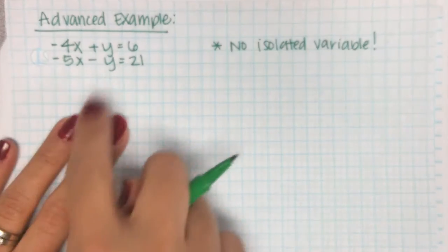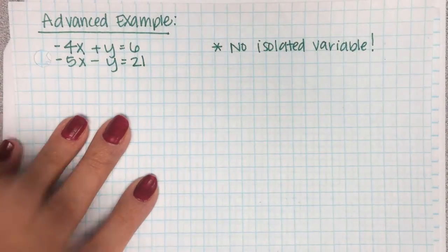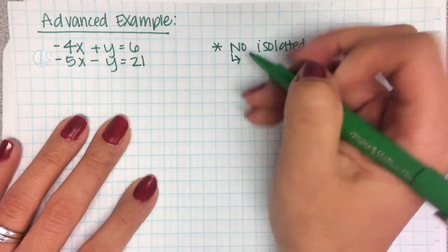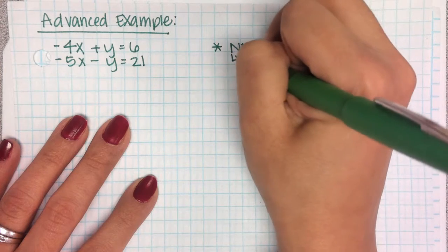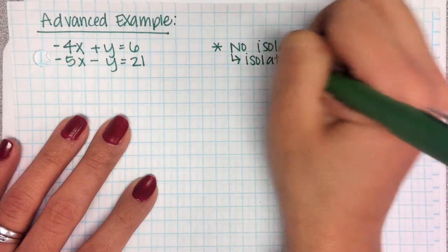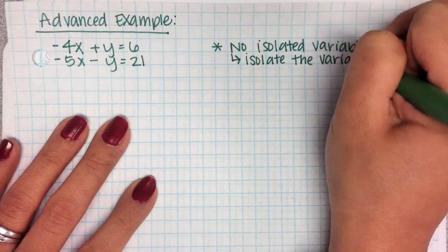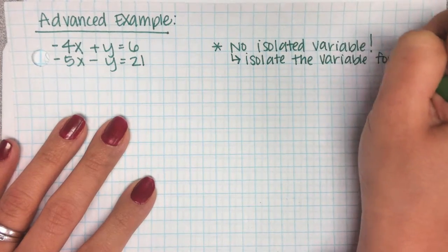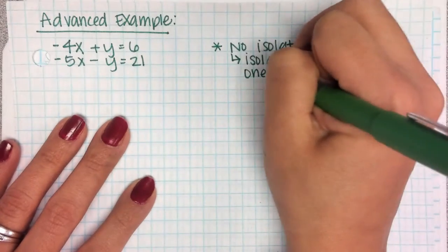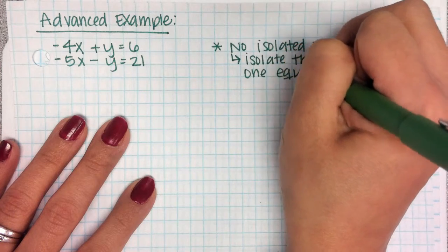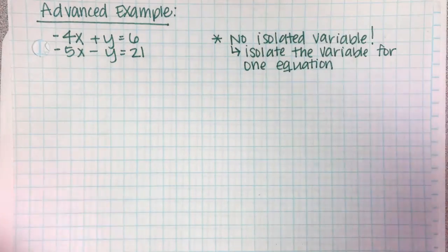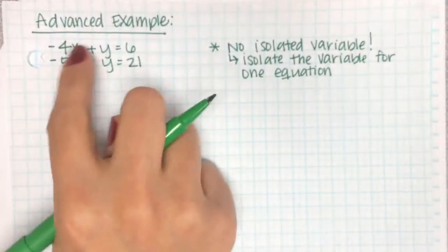So that means we have to choose one of these equations to isolate the variable in. And actually, I'm going to choose the top one